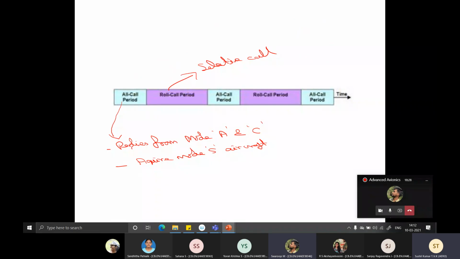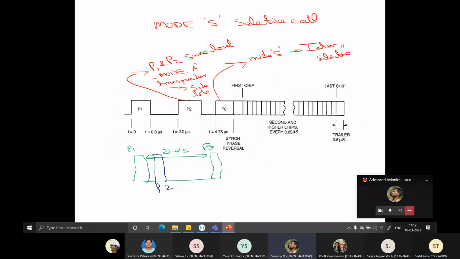Sir, why won't mode S get blocked in that situation? See, that's what it's a compromise. Okay. Let us say the aircrafts are flying at very long distances. You definitely know that side lobes are not going to be there. That's how you ensure that. Okay, fine. At least in those ranges, I like to block mode C transponders.